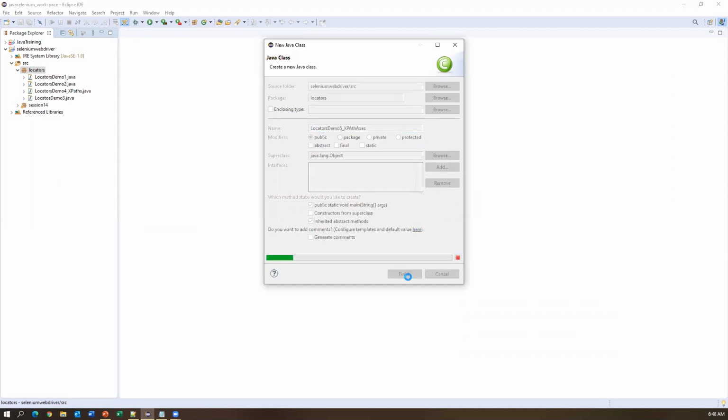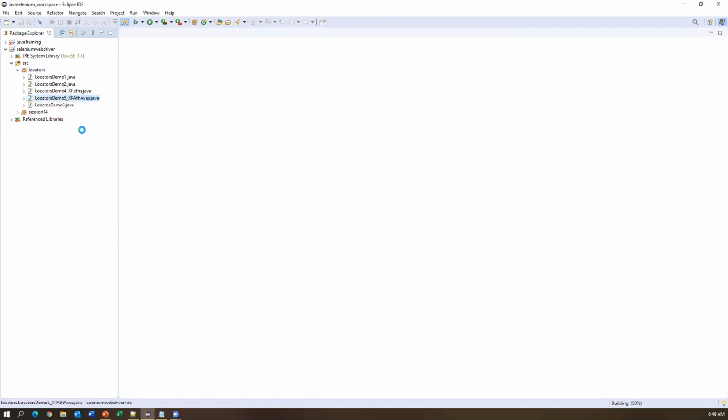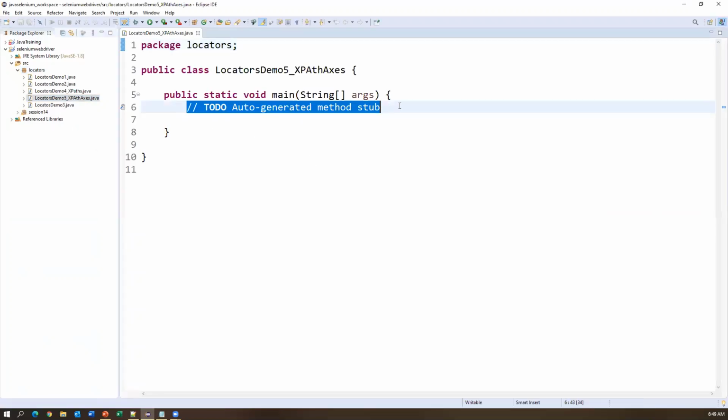Let's take a main method and then finish. Okay, now I have created a new class. Here let us start using XPath axes.